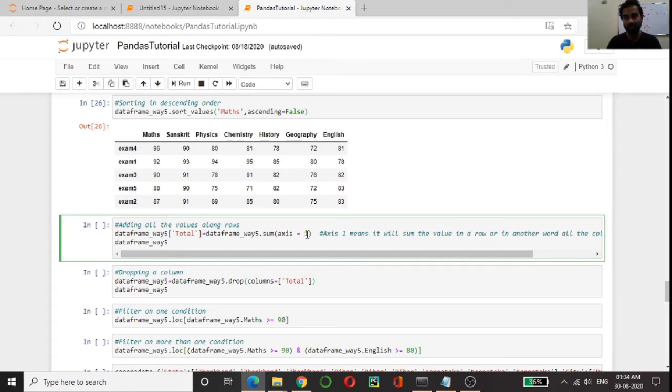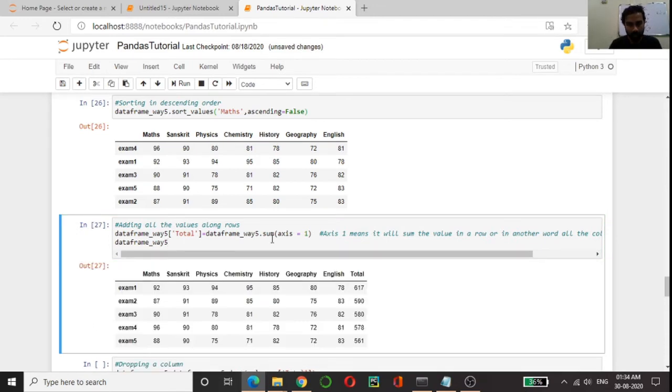That means in a row, it will sum all the column values. So here it will sum all the marks obtained by that student in each of the exams. You can see a new column total is added, and it is giving me the summation of all these values.